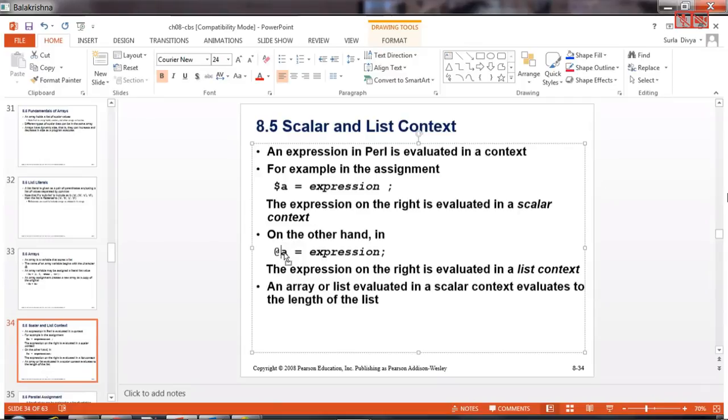Why? @a is an array, and an array is nothing but a list. Don't get confused; we can use array or list interchangeably. So an array or list evaluated in the scalar context evaluates to the length of the list. Whenever you assign it like this, it will only give you the length of it in the scalar context.